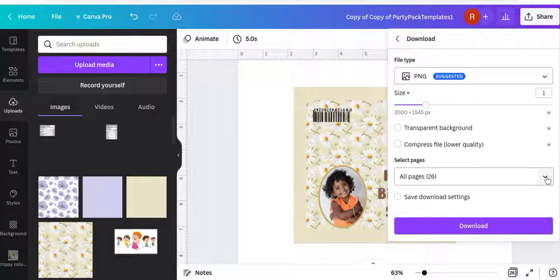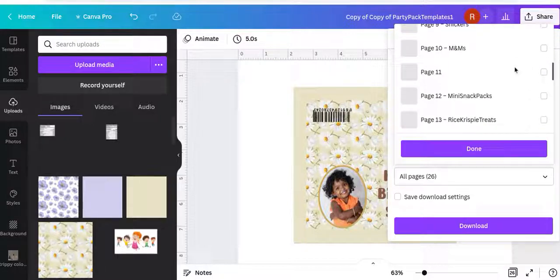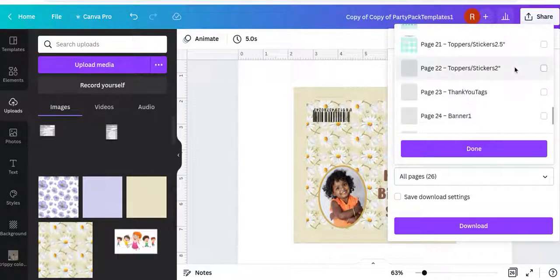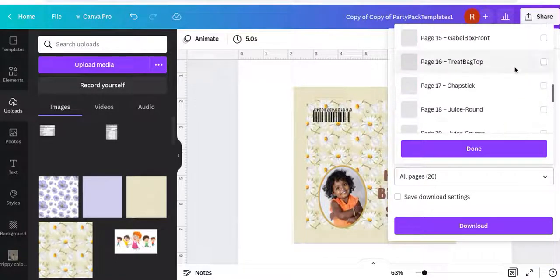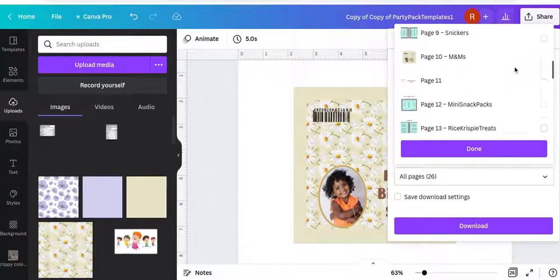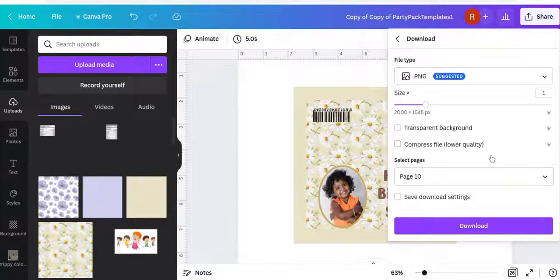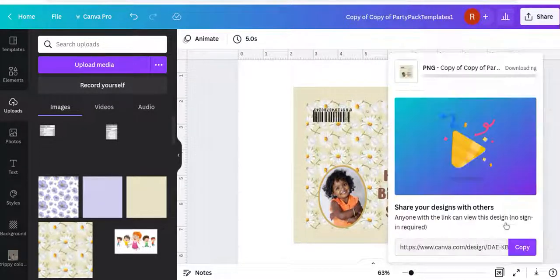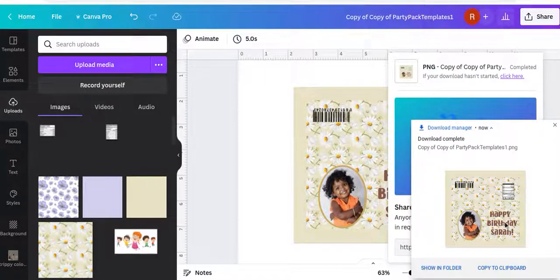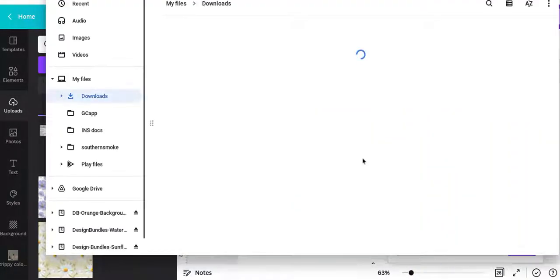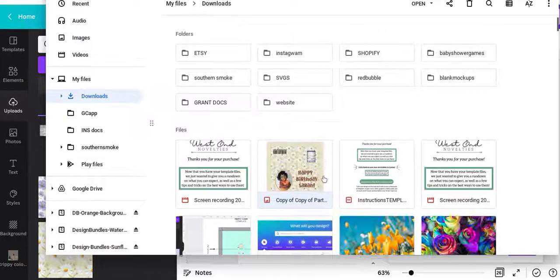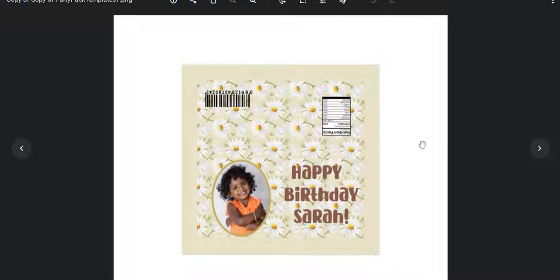We're going to highlight this page because we don't want to print all of them. Where are we? Page 10, M&Ms. And then we're going to download. And then in about 3 seconds, you will have your download. Show it in your folder. And that's about it. And then all that's left to do is grab your candy,